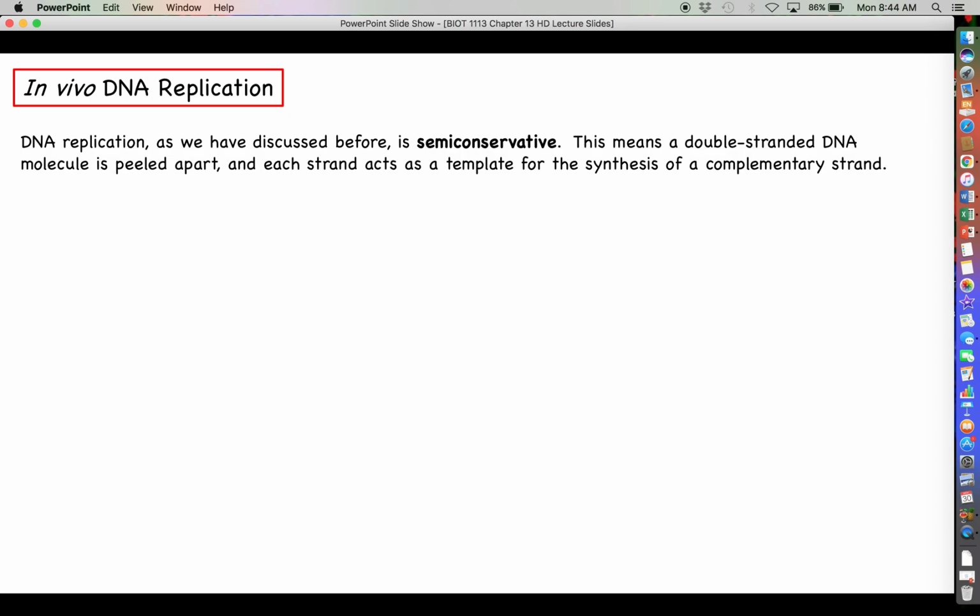What that means, if you need a little bit of a refresher on the subject, is that if you have a double-stranded DNA molecule, and you peel that DNA molecule apart, each one of those single strands can act as a template for the synthesis of a new complementary strand. So it's semi-conservative in the sense that we are not just synthesizing a brand new double-stranded DNA molecule from scratch. We're taking the two pieces of the original template DNA and making a new single strand for each. It's semi-conservative to indicate that we do conserve the two original strands of DNA,